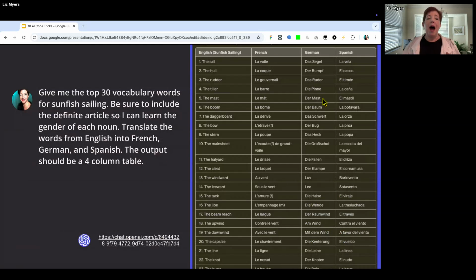So here's how I generated some of the pre-made packs. I said to the AI, and this is on Google now, give me the top 30 vocabulary words for sunfish sailing, something I wanted to do. Be sure to include the definite article. That's the, right, in English? So I can learn the gender of each noun, because in some languages it changes, not in English,